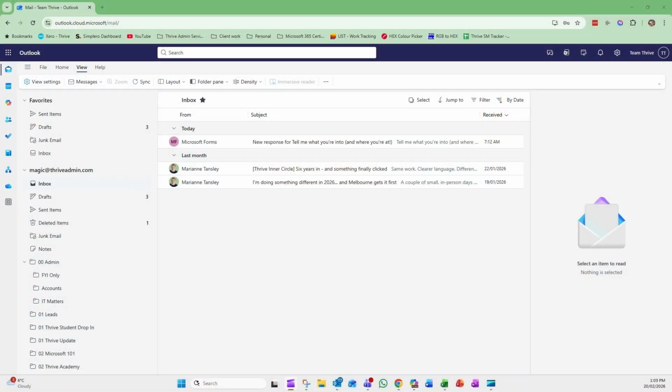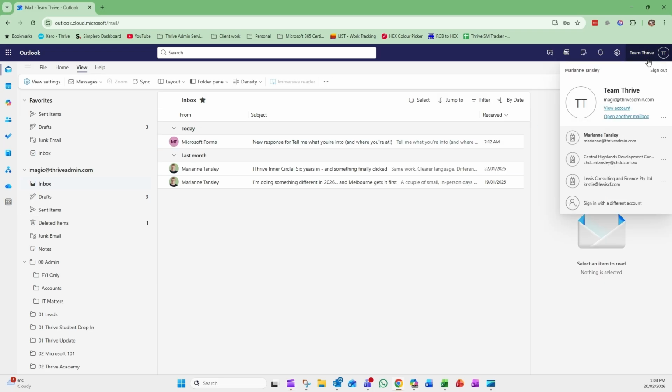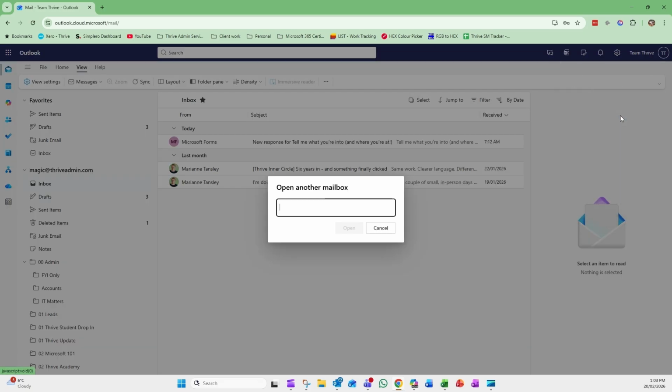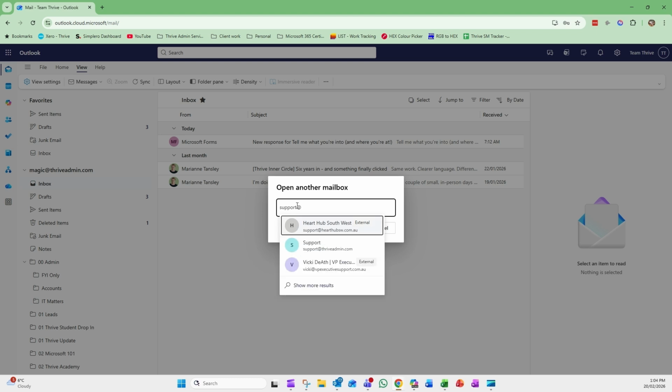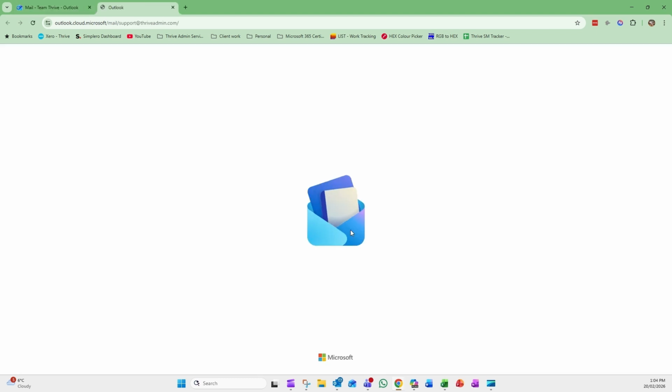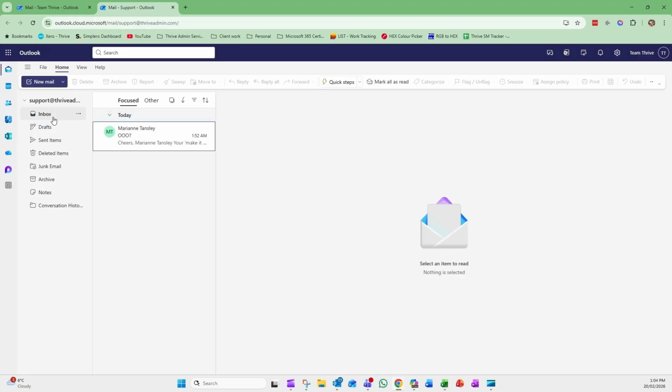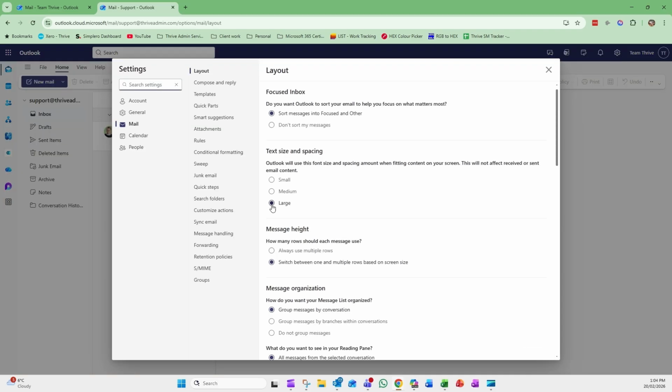So the first thing we need to do is open up our shared mailbox on Outlook on the web. To do that, we click up on our profile icon, and you'll have the option here to open another mailbox. So we'll type in the mailbox that I want and open it. It's going to open in a new tab. Here I am working perfectly fine. Now in this tab, we're going to head to the settings, and we're going to go to